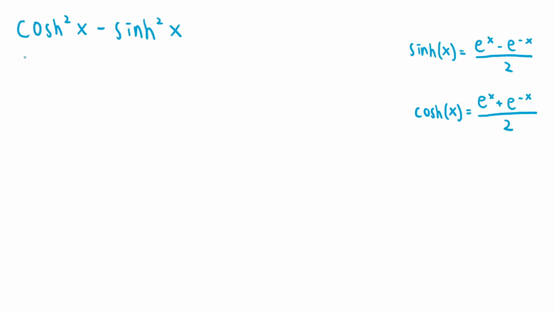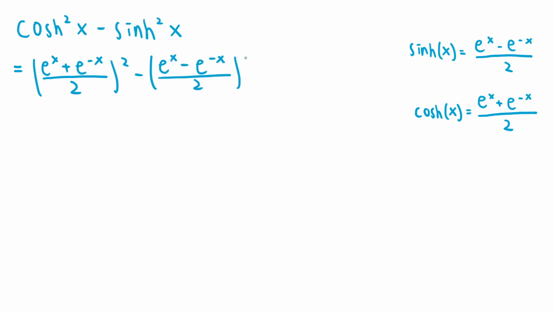So let's start by proving cosh squared of x minus sinh squared of x equals 1, which is the hyperbolic version of the Pythagorean identity. If we start with cosh squared of x minus sinh squared of x, we can substitute the definitions of sinh of x and cosh of x to rewrite this as (e to the x plus e to the negative x over 2) all squared minus (e to the x minus e to the negative x over 2) all squared,